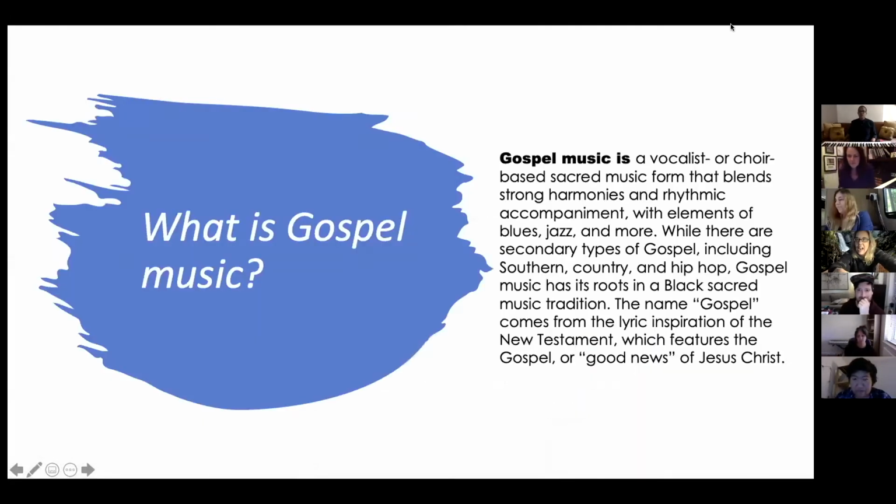All right. So, gospel music is a vocalist or choir-based sacred music form that blends strong harmonies, rhythmic accompaniment with elements of blues, jazz, and more. And while there are secondary types of gospel, including Southern country and hip hop, gospel music has its roots in a Black sacred music tradition. The name gospel comes from the lyrical inspiration of the New Testament in the Bible, which features the gospel or good news of Jesus Christ. So that's where we get